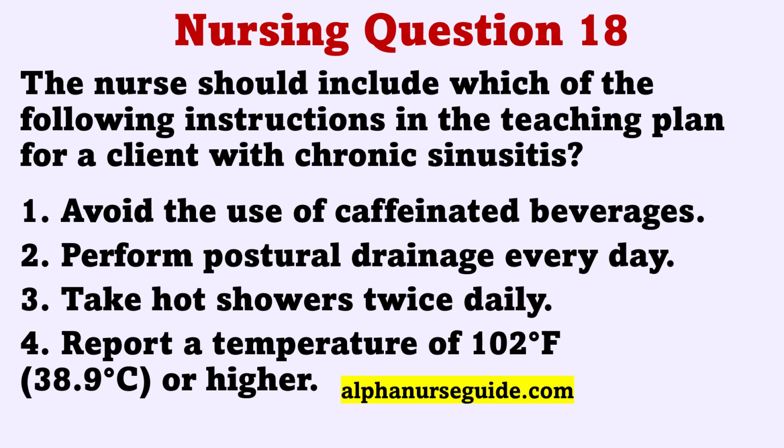The correct answer is 3. Take hot showers twice daily. The client with chronic sinusitis should be instructed to take hot showers in the morning and evening to promote drainage of secretions. There is no need to limit caffeine intake. Performing postural drainage will inhibit removal of secretions, not promote it. Clients should elevate the head of the bed to promote drainage. Clients should report all temperatures higher than 100.4 degrees Fahrenheit or 38 degrees Celsius because a temperature that high can